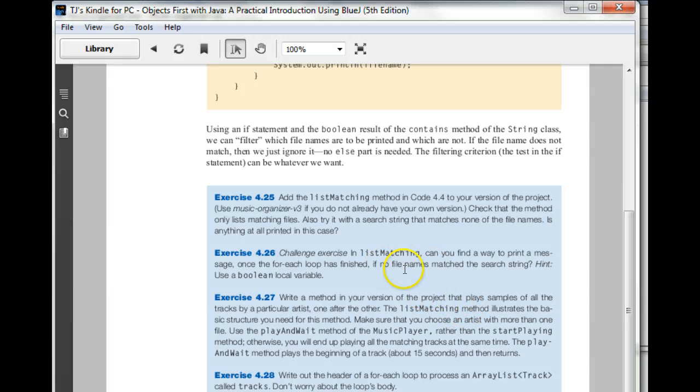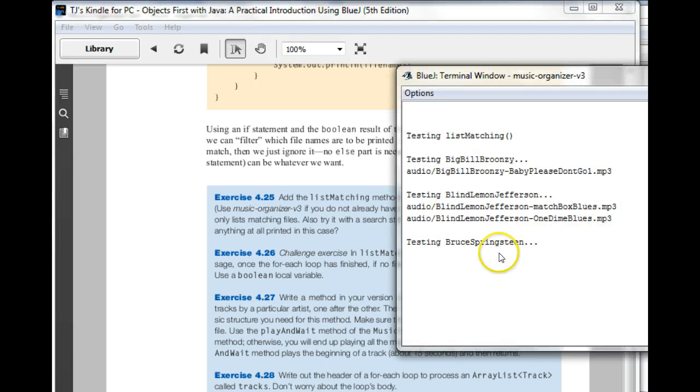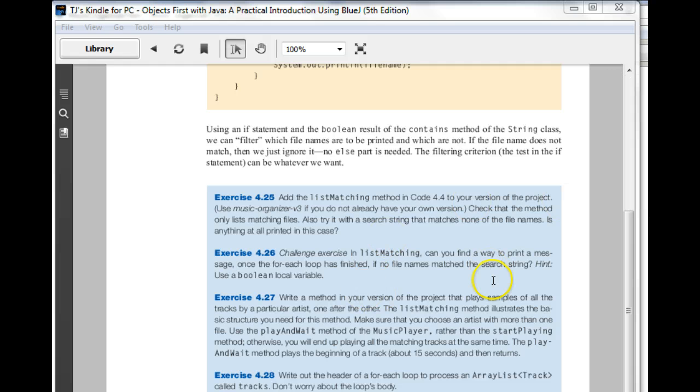But what you want to see is, like I said, after testing Bruce Springsteen, you want to see some kind of message that says, like, you'll create your own message, but the message should say, like, no match found, or something like that, right? So that's what you want for that one. And then